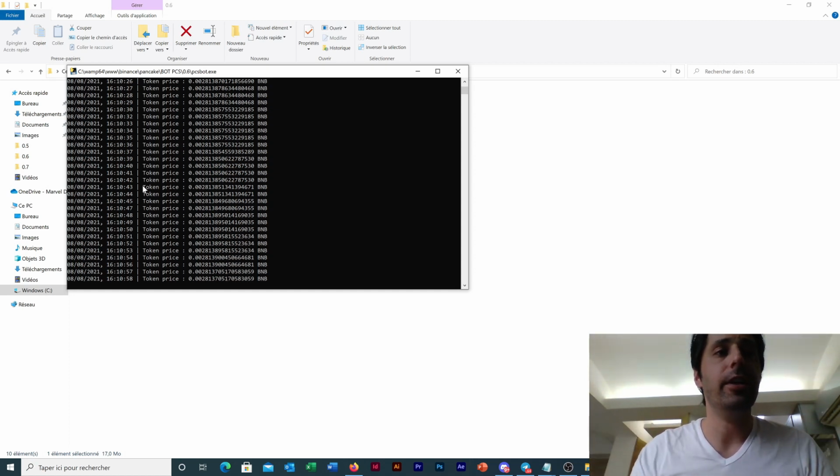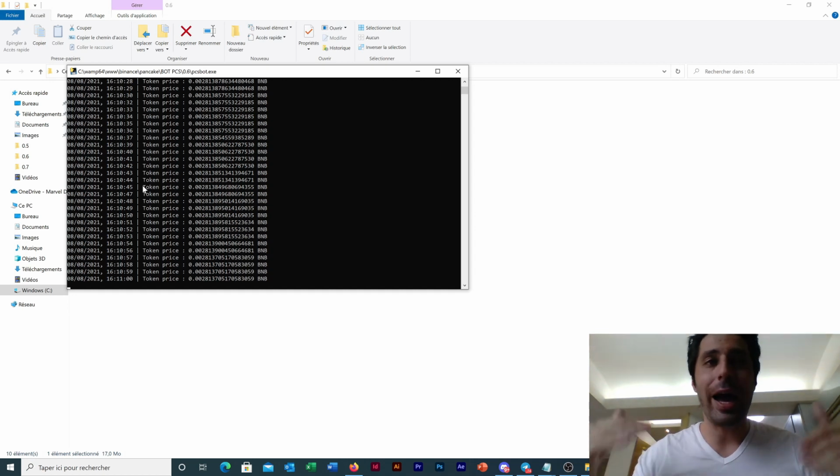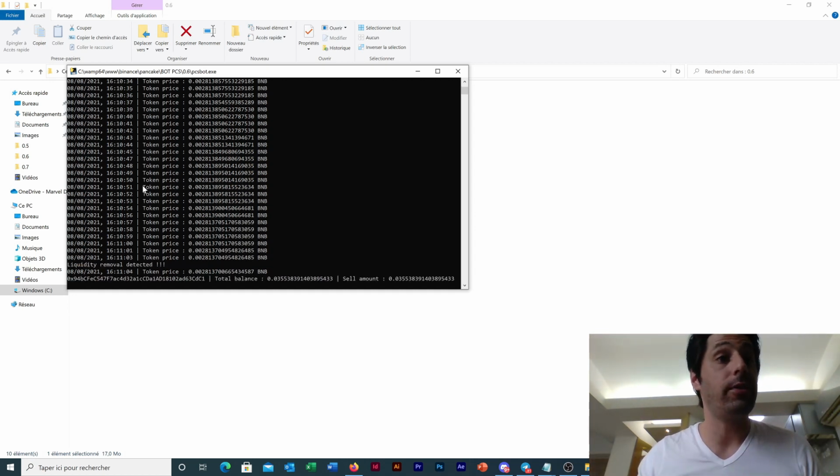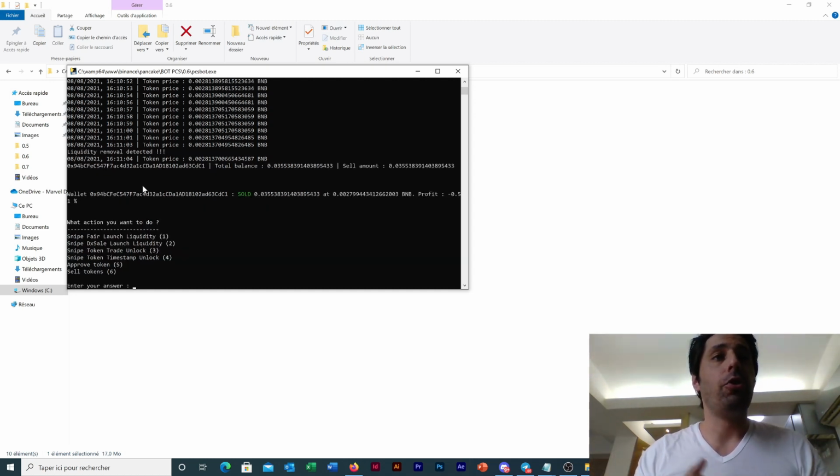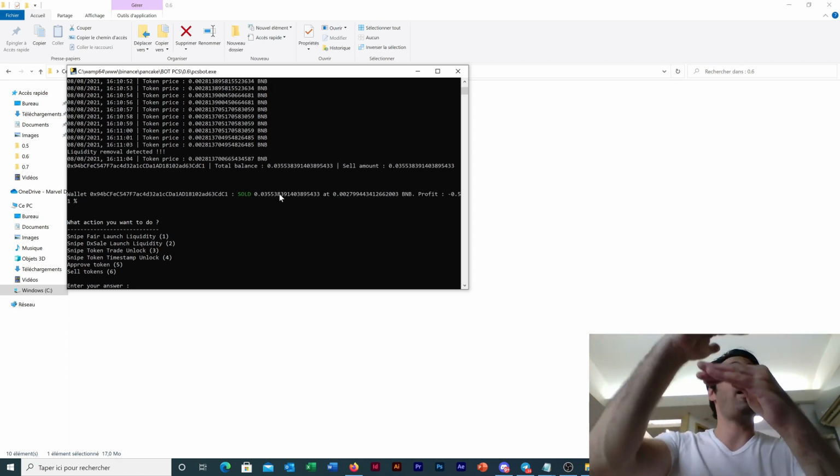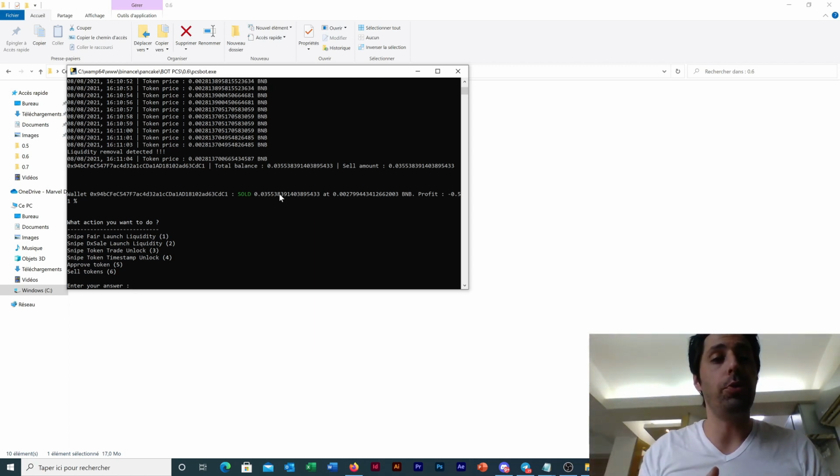I know this token always has people adding and removing liquidity all the time, so we won't have to wait long. Voilà, just now. Liquidity removal detected, and the bot already tried to sell the tokens. So that's it. We sold the tokens before the liquidity was removed because the bot will use more gas. So your transaction will happen before the liquidity removal.